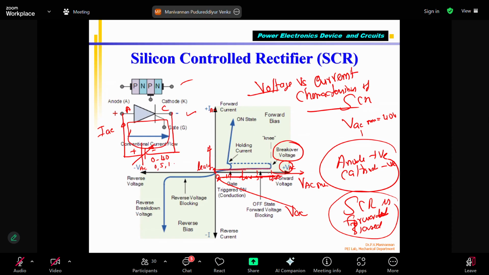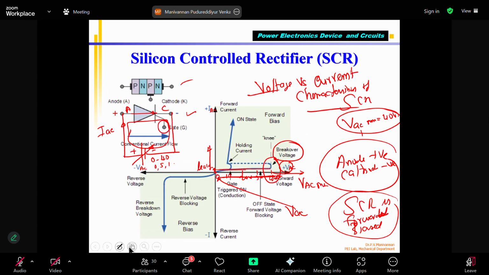Theoretically, before the breakdown voltage, for this SCR the manufacturer says 40 volts. That is the VAC max, which says that as long as the voltage applied between anode and cathode is increasing, 10 volts, 30, all those things, the IAC, the current flowing from anode to cathode, should theoretically be 0. Practically it is in the order of milliamps or microamps. But once my voltage reaches VAC max, which is the breakdown voltage, even without applying a gate pulse,